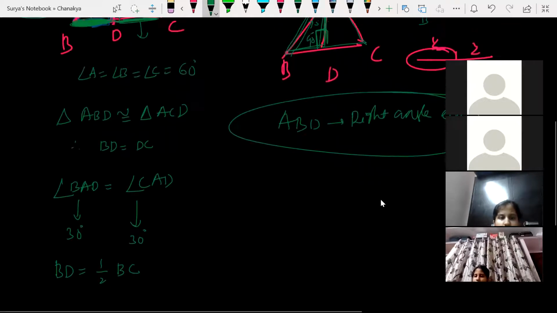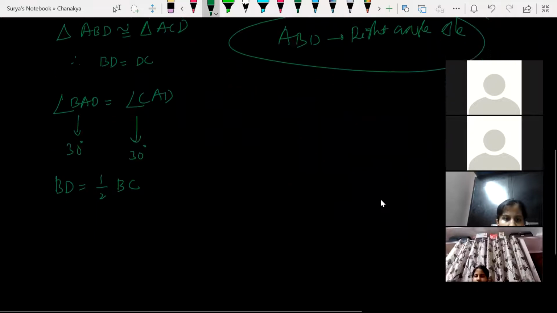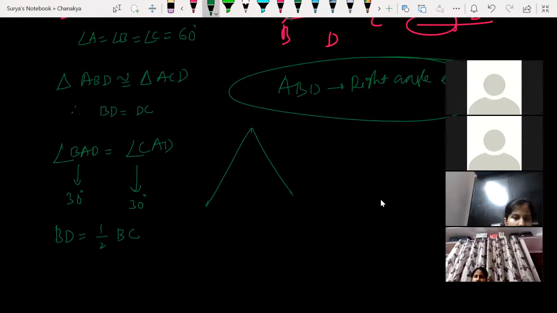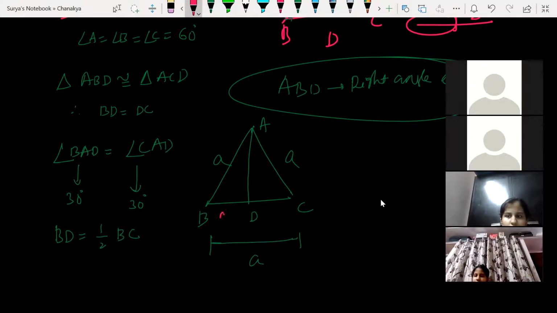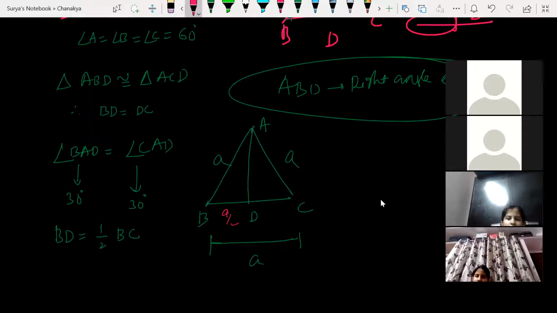All right. So now look at this here, BC. What did I get here? Let me draw the diagram again. This is A, this is B, this is C, this is D. Now all sides will be equal. Equilateral triangle, all sides will be equal, no? Yes, sir. This is A, so what is this? This is going to be A by 2. This is also going to be A by 2, isn't it? Yes, sir. Half.